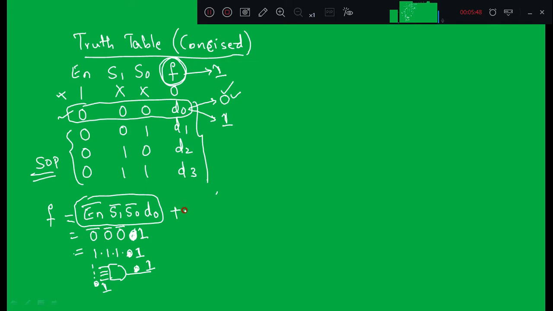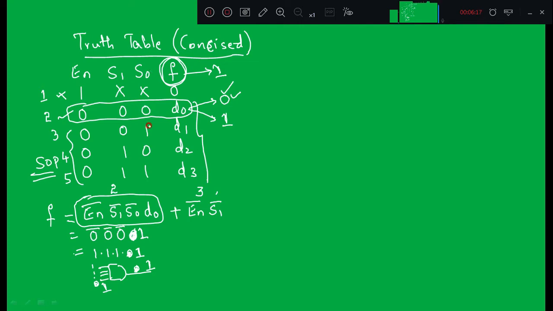Now the second term, for the third row, we will take. I have not written anything for the first row; that we will verify later once we write the whole Boolean expression. This is the second row, this is the third row, this is the fourth row, this is the fifth row. This first term is for the second row. Next we will write the term for the third row. Enable is again 0, so we will make enable bar. And S1 is 0, so we take its complemented form, which is S1 bar.